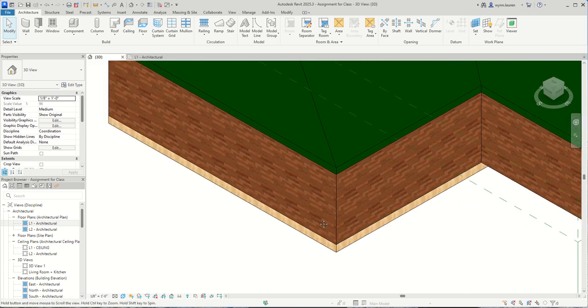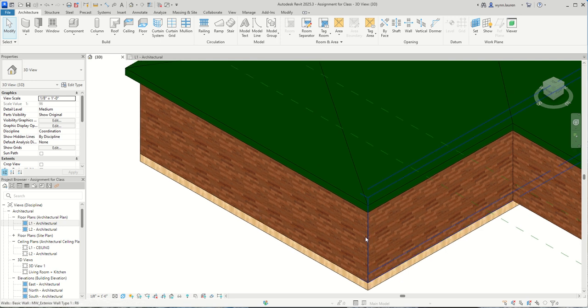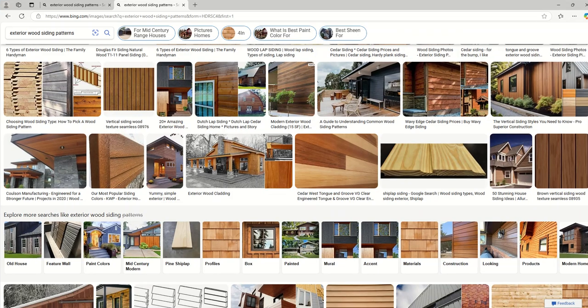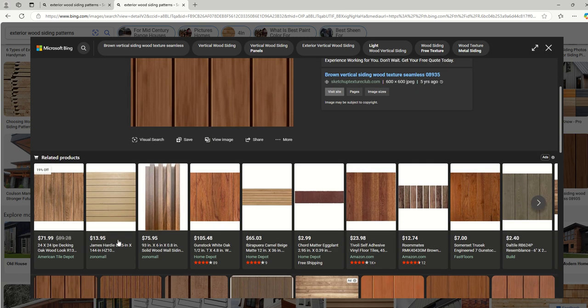However, if you're not able to find something that you like material-wise, I'll show you something you can do to make basically the wall look however you want it to. So what I've done is you can literally Google exterior wood siding patterns. Say I really want the side of my building to be a wood siding, but I don't like the horizontal. I want something more like this vertical wood siding. So if you come here, say you want it to look something like this, or you like one of these more,